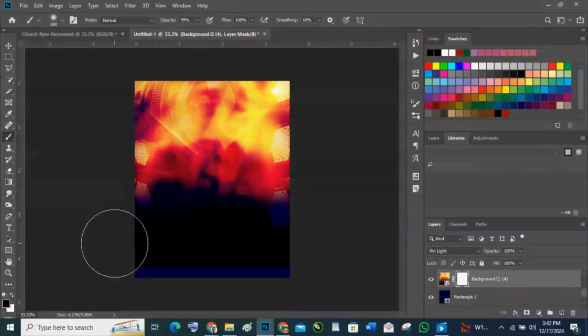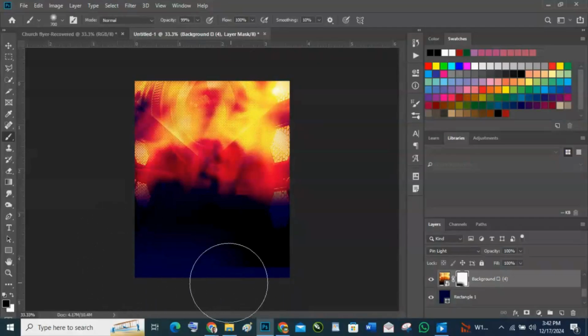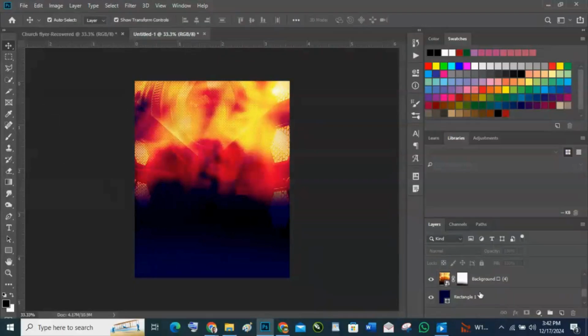My foreground color is set at black. I increase my brush size a bit, and then just slide through a little bit. Okay, and here we go. We have that. Now, the next thing I'm going to do is to